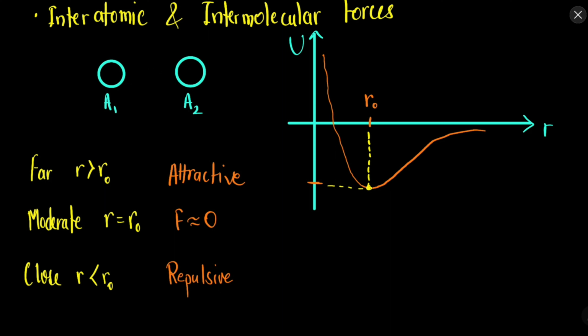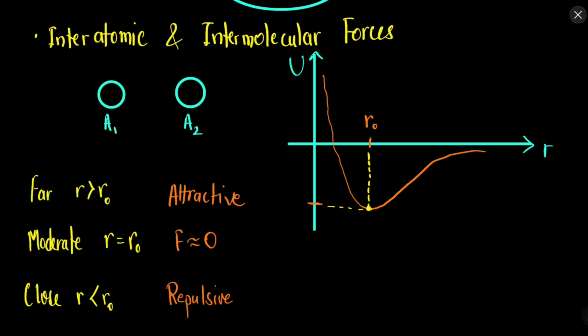So it is like a spring. The force is like a spring. If you stretch the spring too far, it will try to pull the two points towards each other. If you compress the spring, it will try to expand. So the force between the atoms acts like the spring force. The potential energy changes like this graph. It becomes minimum at r naught, at which position the force between the two atoms is approximately zero.